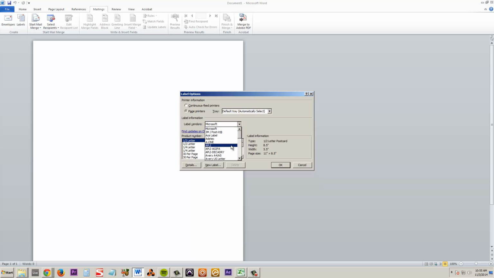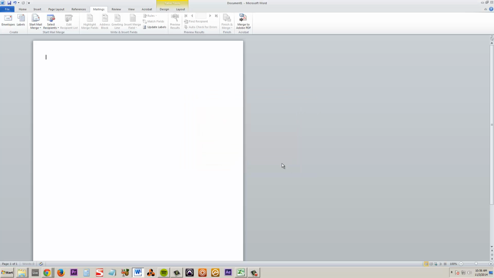So like for us, it's Avery. So you go to Avery, I think it's US Letter. Yep, so Avery US Letter, and then you just got to match the number with what it is. And I think ours were one of these durable ones. I think it's 6576, but it'll have it on the labels, like in the office. So you just click the labels, click on OK,